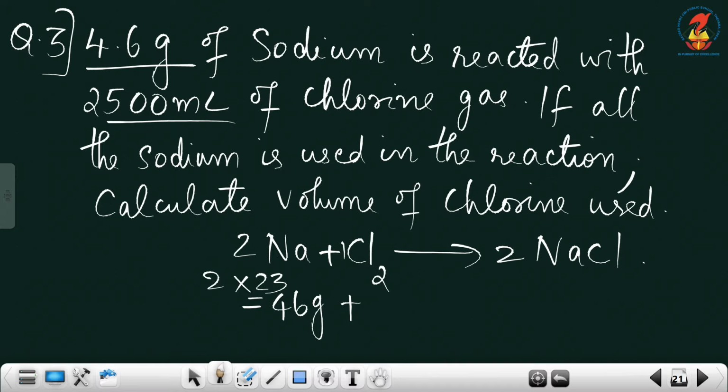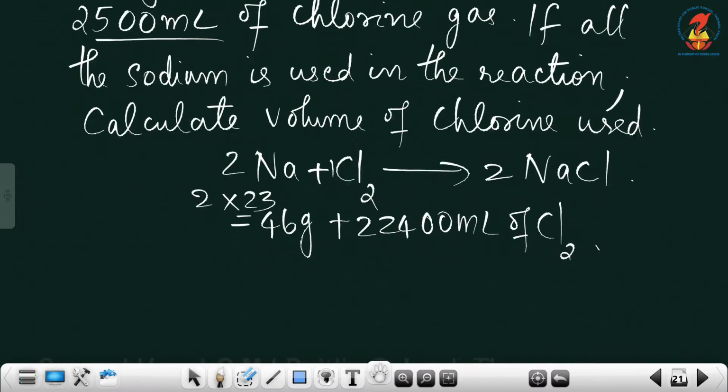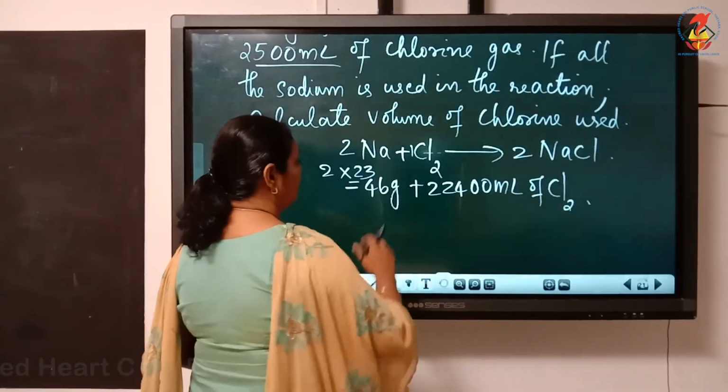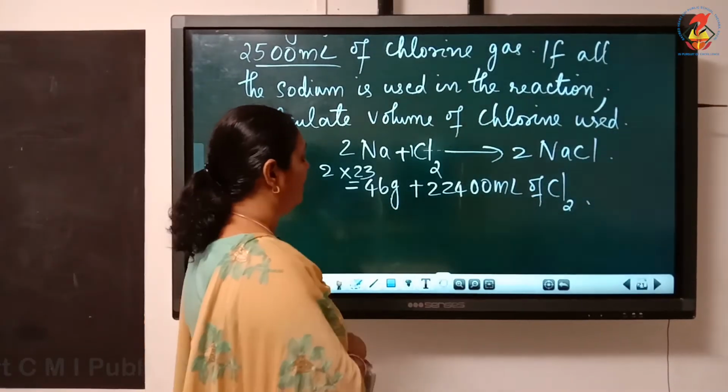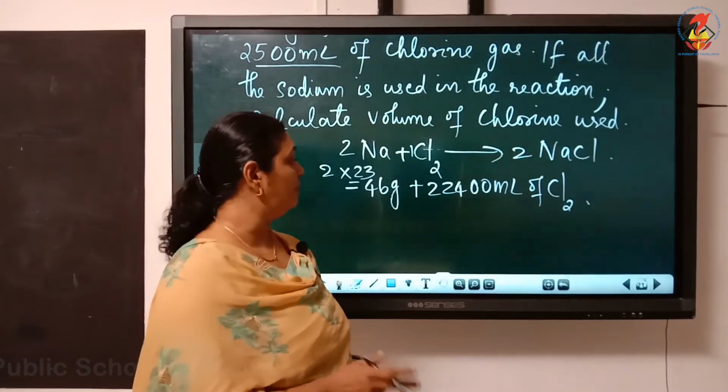Convert it into milliliter because it is given 2500 ml of chlorine gas. So, convert 22.4 into milliliter, we get 22400 milliliter of chlorine. So, according to the balanced equation, we can say 46 gram of sodium combined with 22,400 milliliter